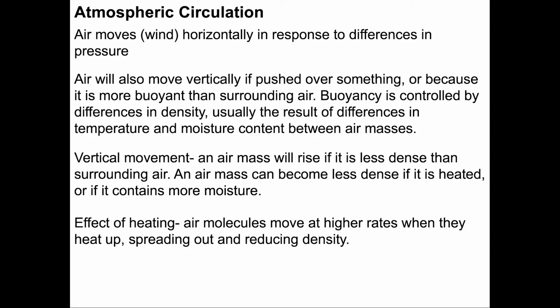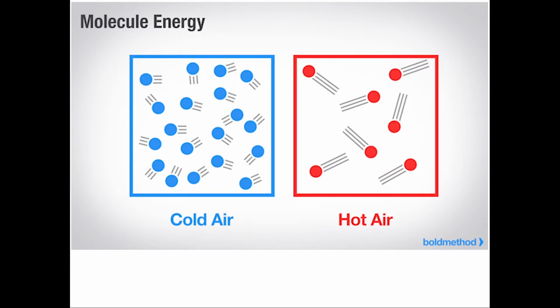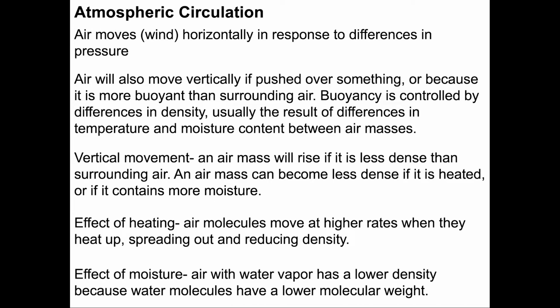If we heat air, the reason it becomes less dense is because the air molecules are more excited. They're vibrating and rotating at higher rates, and this forces them to take up more space, essentially. They're punching outward. They're keeping a greater social distance between other molecules in a mass of air. So by spreading these molecules out, we reduce the density, and the net result is usually a rising air mass. Moisture does something similar, but in this case, it doesn't spread the molecules out. It just intersperses the molecules with water molecules.